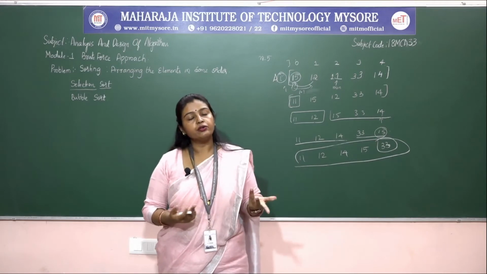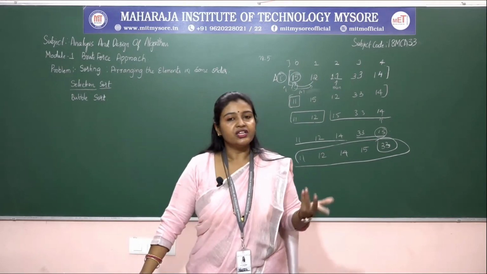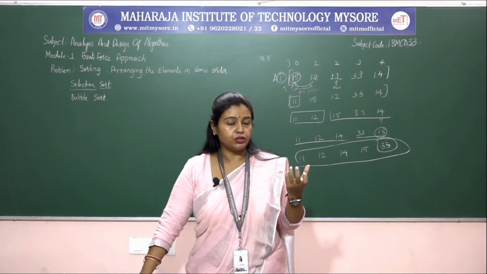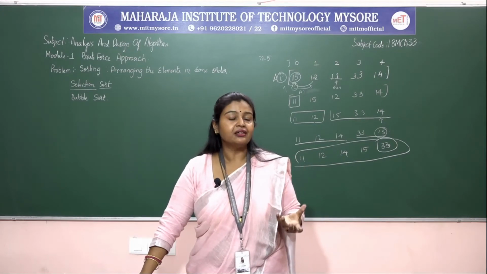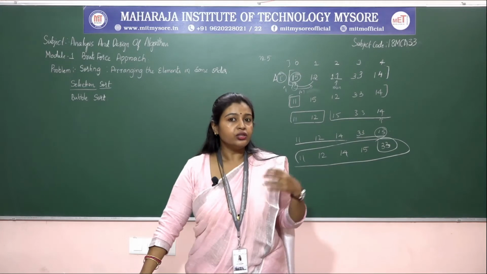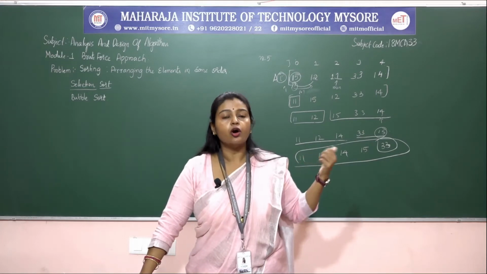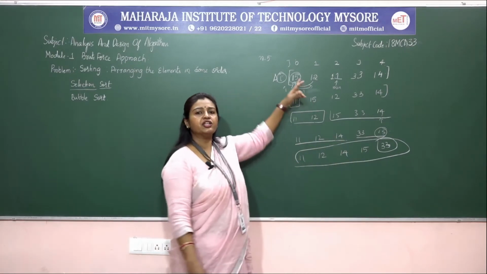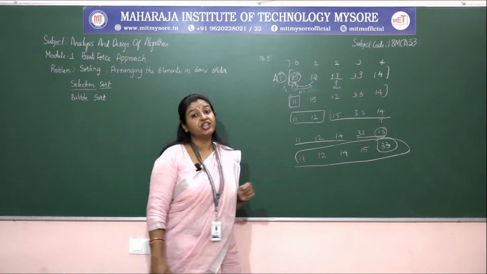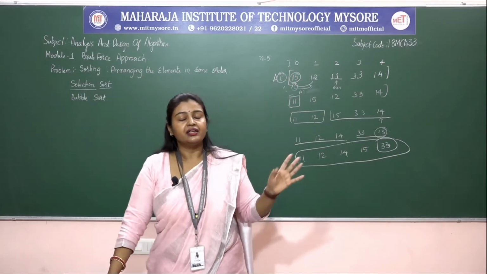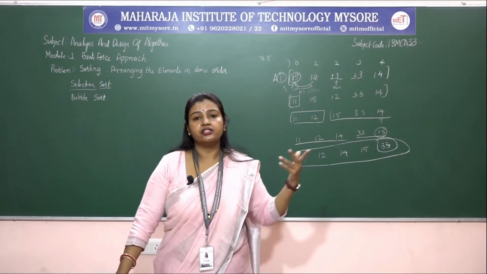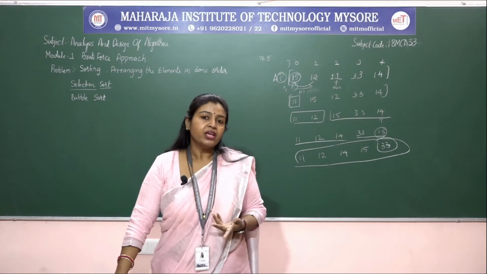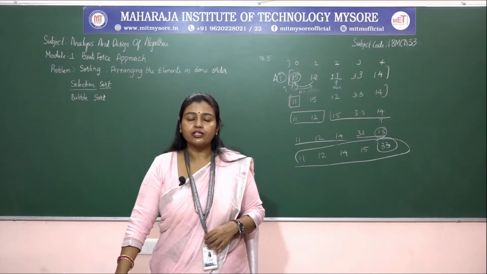That's it. So in order to find the smallest element, what we need to do? We need to compare with whatever minimum value we have taken, that is a of min position, is it greater than or lesser than? It depends upon whether you are doing ascending order or descending order. You need to compare with what? Another element. In order to do the comparison, which index are we using? We are using the j index. Until it reaches the end of the array, you get the elements sorted. Okay, so let us write the algorithm for selection sort.